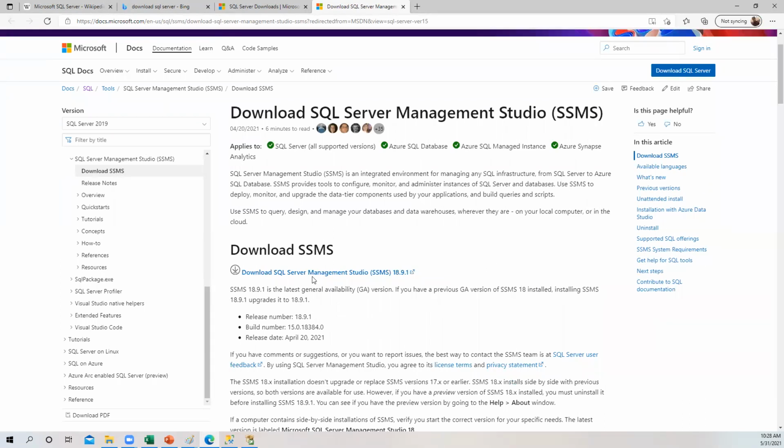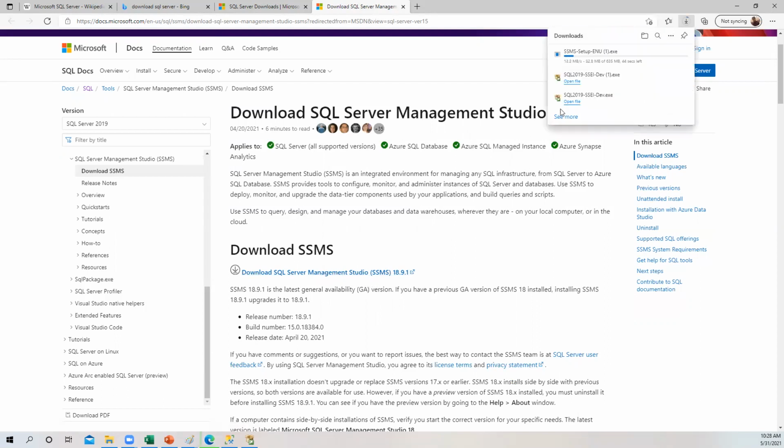Guys, okay, there is one SSMS which is 18.19.9.1. Okay, so guys, I have some existing one already, but still to show you, let me download it again. Okay, download SSMS. See, guys, it is downloading.